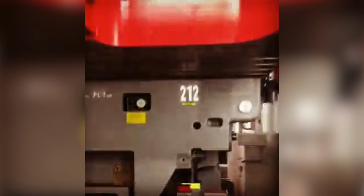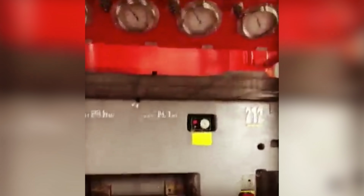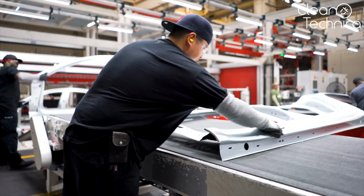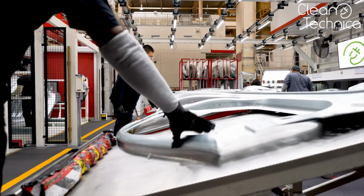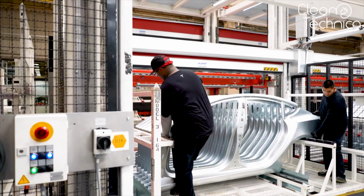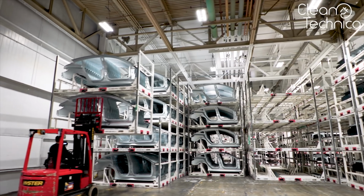The machine that presses them into various forms operates with extreme precision. Look at how the robot arm narrowly escapes being crushed. The parts are then placed on a conveyor belt, in video provided by Clean Technica. Workers inspect every component, in this case side panels, before sending them off for storage inside a massive warehouse. Next stop is the body shop,